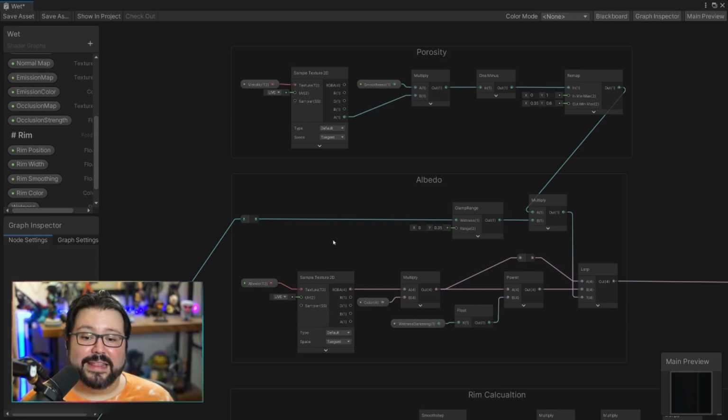Then for the albedo, we will basically just grab the albedo, we sample it, we multiply it by a color just in case you want to tint it, and then we do two things. First, we power it to, in this case, 2, and that does, as I said earlier, whenever you do power on a value between 0 and 1, you basically compress it, so you're making it darker. When it's a color, you're making that color darker. And then we do a lerp between the normal color and this darker color based on the porosity multiplied by